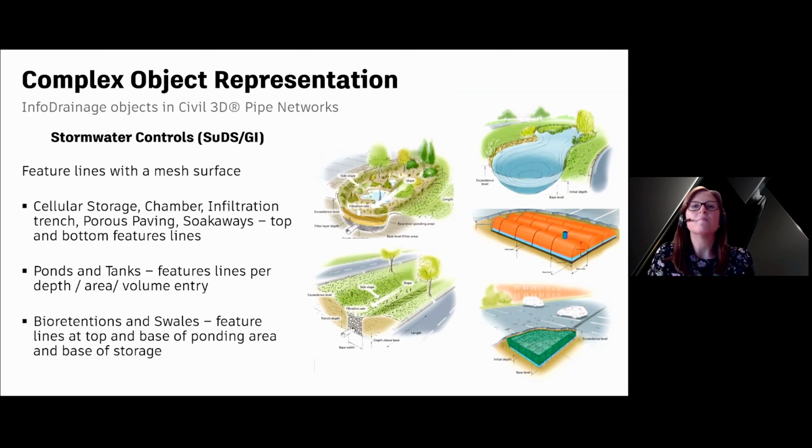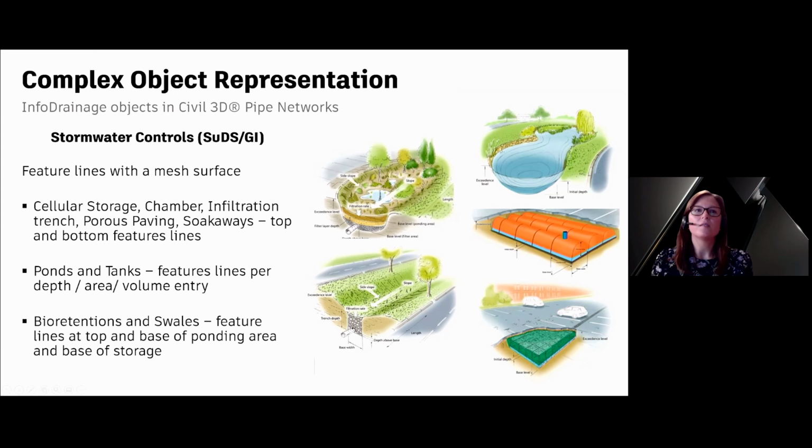This is so that we can maintain the freeform outline of these structures, in particular for bioretention areas and ponds. They're very rarely rectangular and often not symmetrical. As you can see from the diagram, some of them can be quite complex.